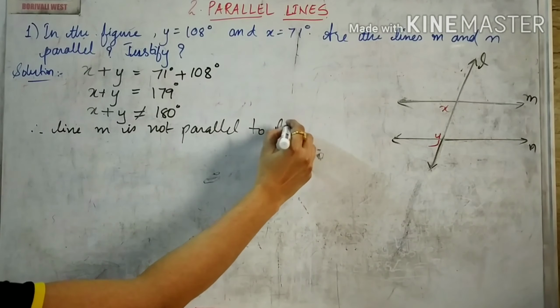Yes, but I don't have any pair of interior angles given here at both the places, so I cannot use that test. The second test was corresponding angles test, but I have not been given any information regarding the corresponding angles also. Then the last one was the alternate angles test. The alternate angles test I can prove, but these are the exterior angles, right? So how do I prove these lines to be parallel to each other?